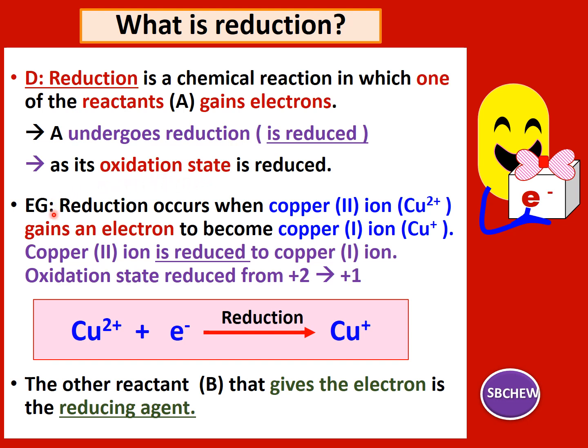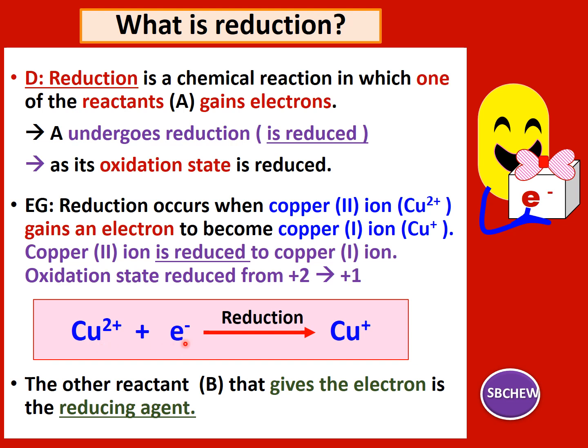Okay, so for example, reduction occurs when copper 2 ion, Cu2+, gains an electron to become copper 1 ion, Cu+. Okay, Cu2+ plus e minus gives you Cu+, and this process is called reduction. We say that the copper 2 ion is reduced to copper 1 ion, and the oxidation state has been reduced